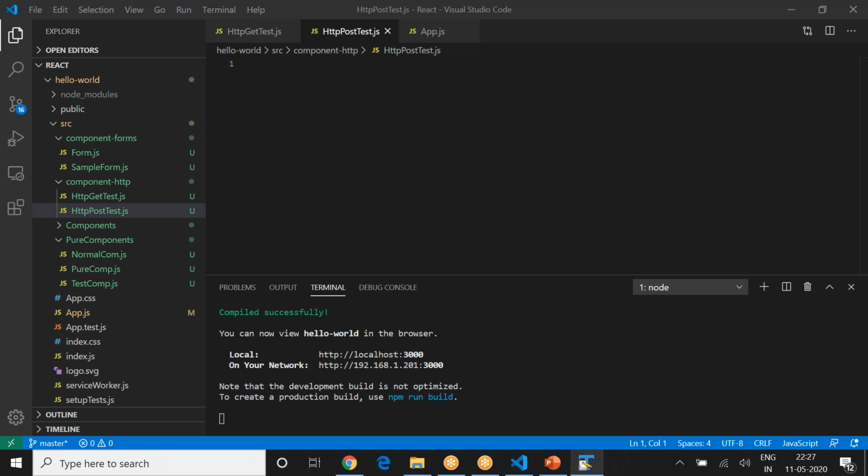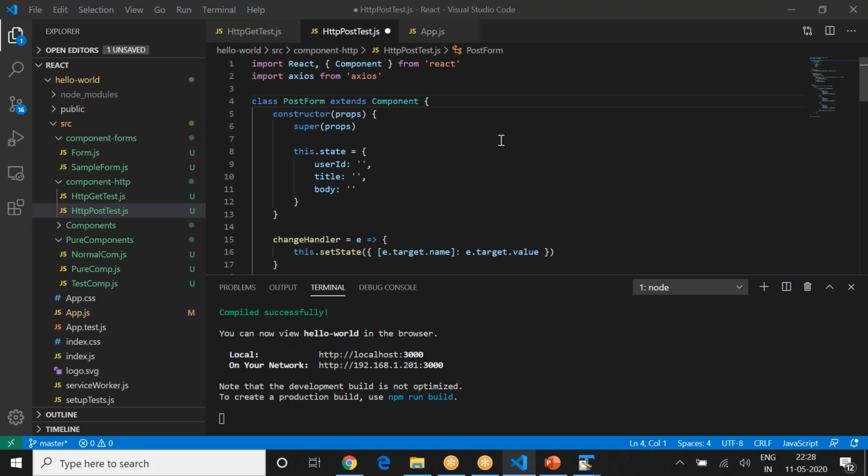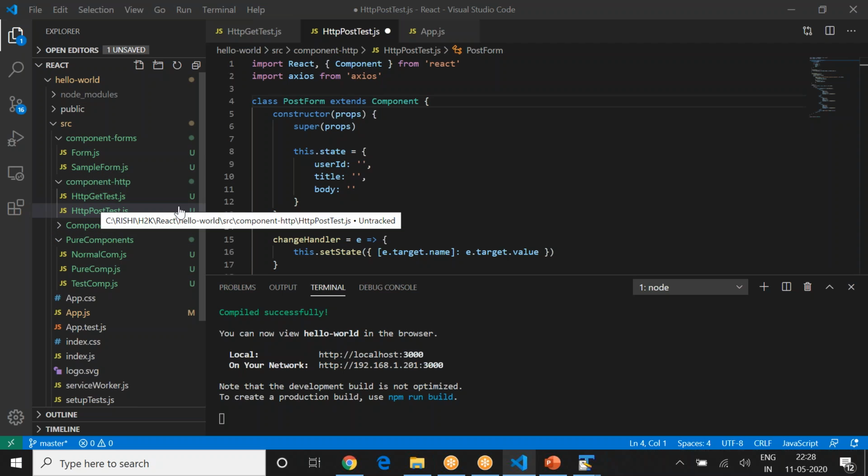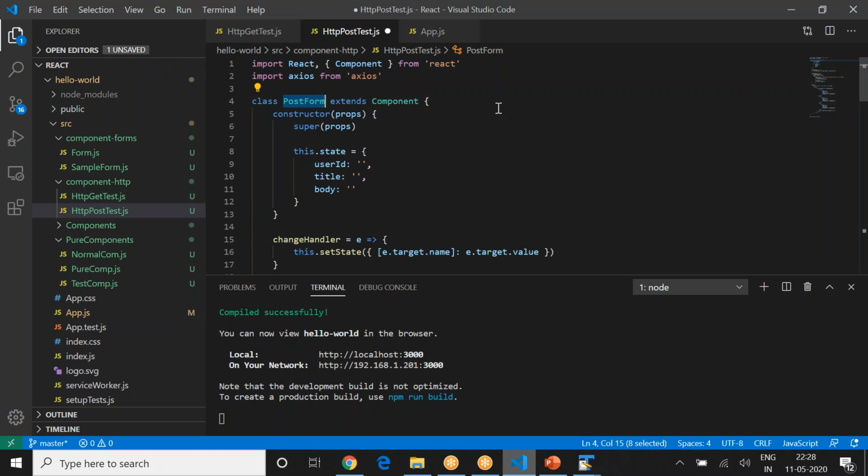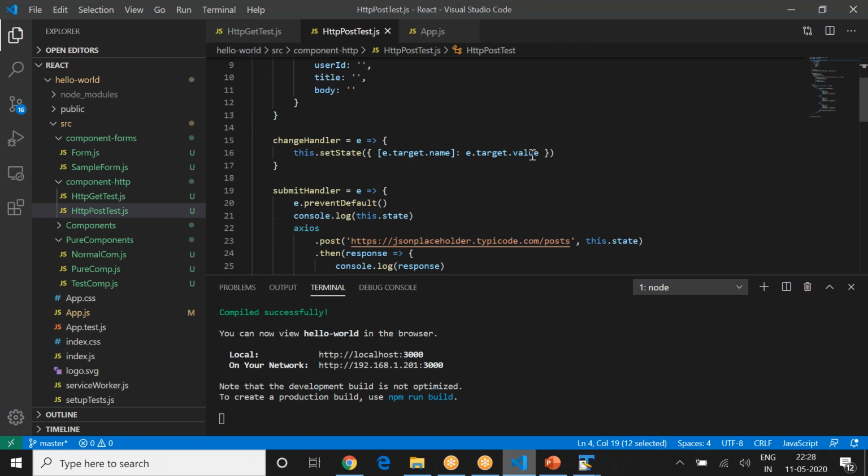Come back to the code and just paste the code here. So the name of the class, I will change that. Now what I did is I combined my form class and my HTTP get class and just made an HTTP post method. So I made it HTTP post test component and export that component.